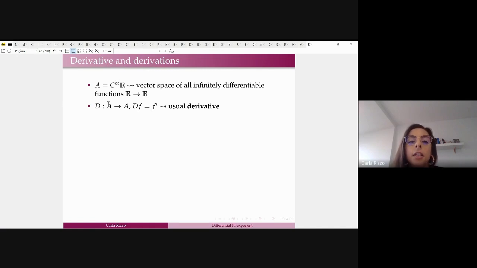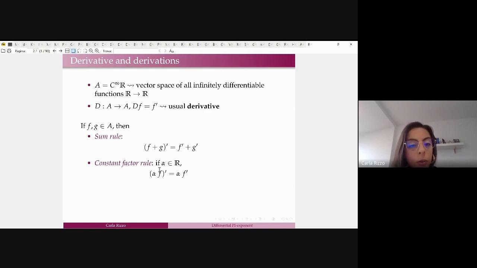In fact, if we consider the usual derivative, we know that derivatives satisfy some rules. There are the sum rule and the constant factor rule. Also, for the product, the usual derivative, we know that it satisfies the Leibniz rule. So this tells us that